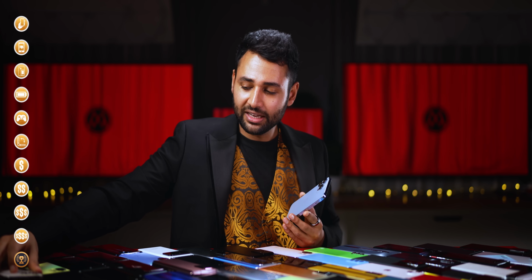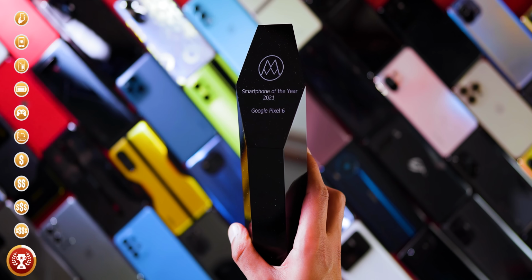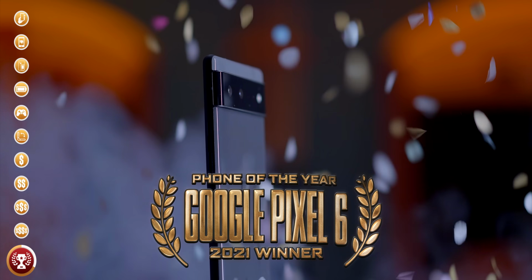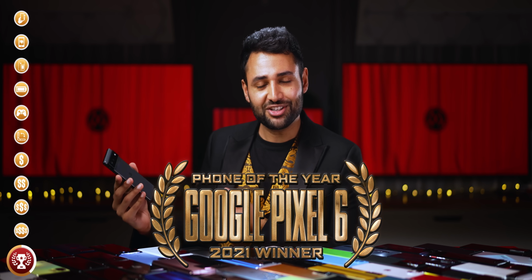Okay, that leaves me with one final decision to make. If I had to pick one phone out of every single one on this table, what would it be? Which is the most surprising, best value experience you can get? Well, here is our super heavy custom obsidian black trophy, and it is for Smartphone of the Year 2021, the Google Pixel 6. It is crazy to me that a phone costing just $599 can actually get me excited to